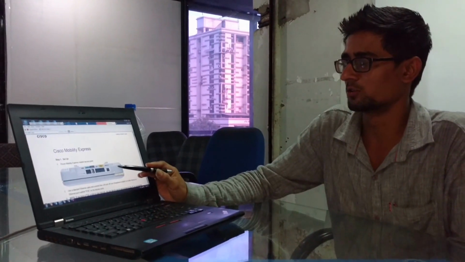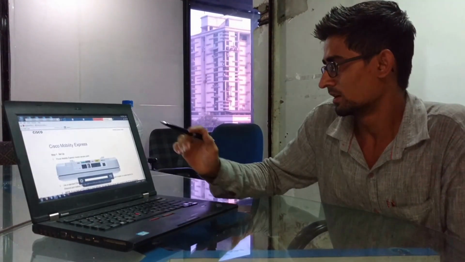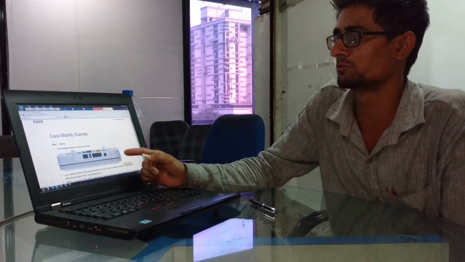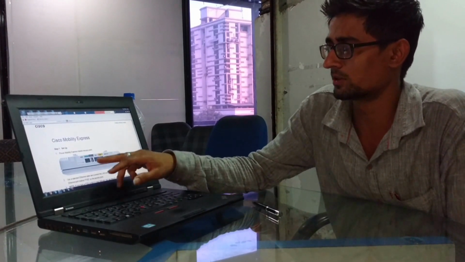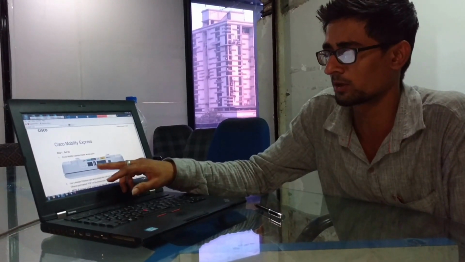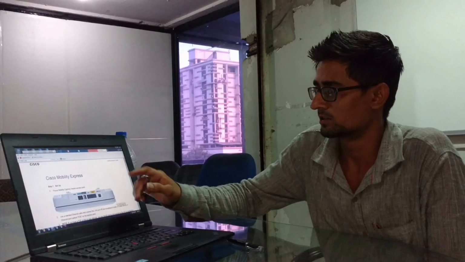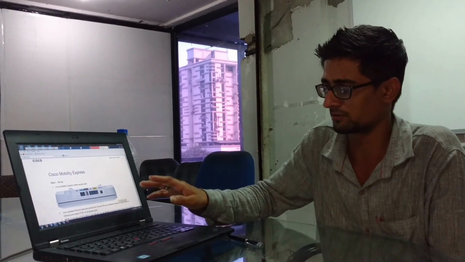This is how the device looks. It has a 48 volt DC adapter port and a PoE port to switch on the device through a PoE switch or a PoE injector. Next, there is an auxiliary port and a USB port for programming or consoling the device. The next port is a console port, which is used for configuration or programming the device.